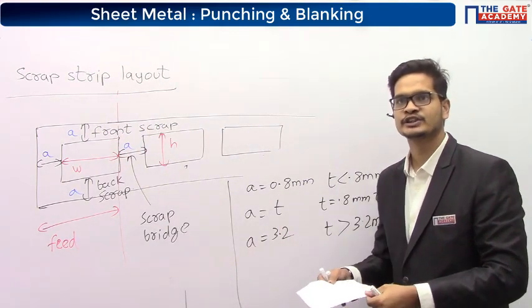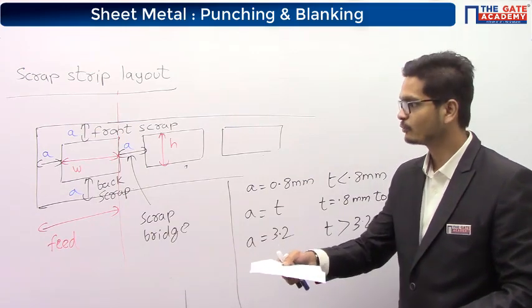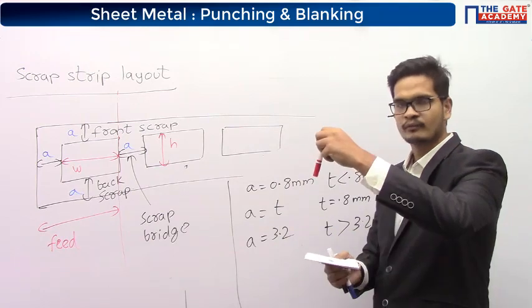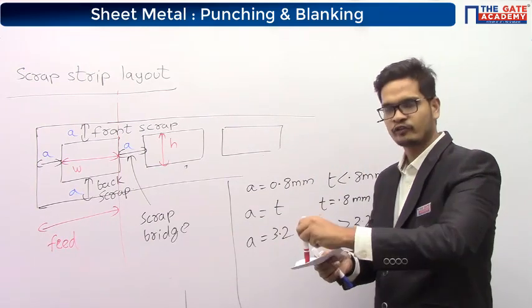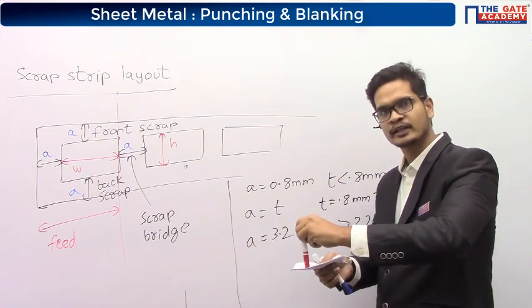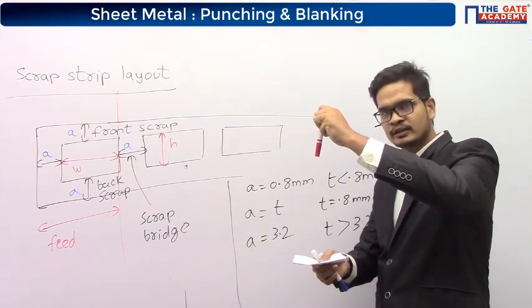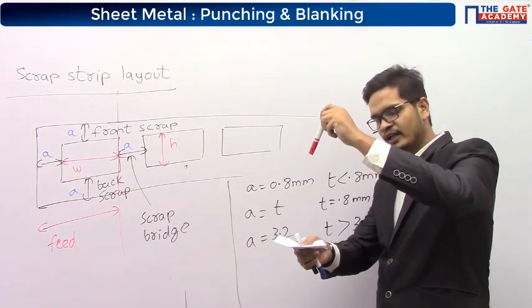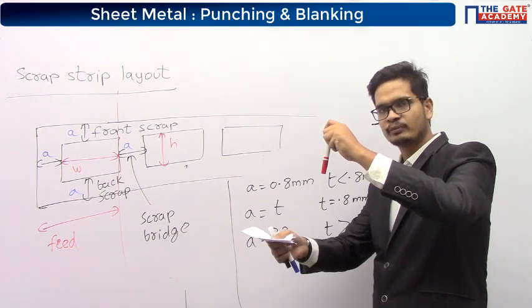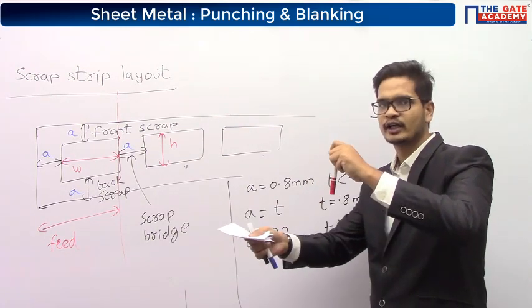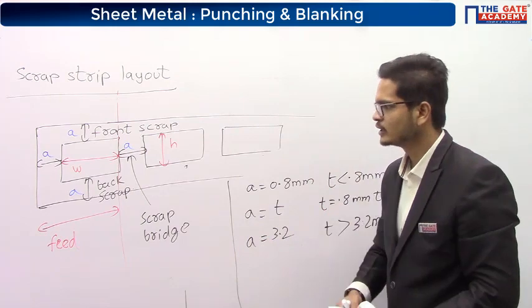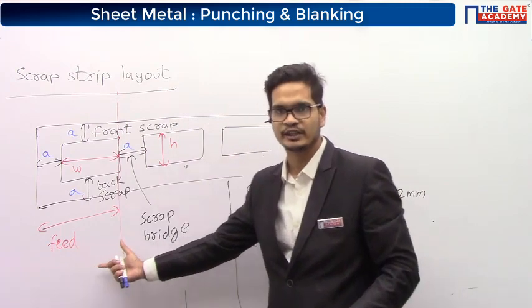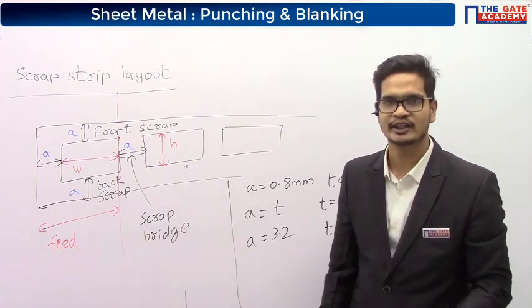When you are performing the operation, first you have cut a blank. Now the punch is going back. When the punch is going back, the workpiece will move forward. Again the punch will come down, and again the workpiece will move forward. The distance by which the workpiece is moving forward is called the feed.